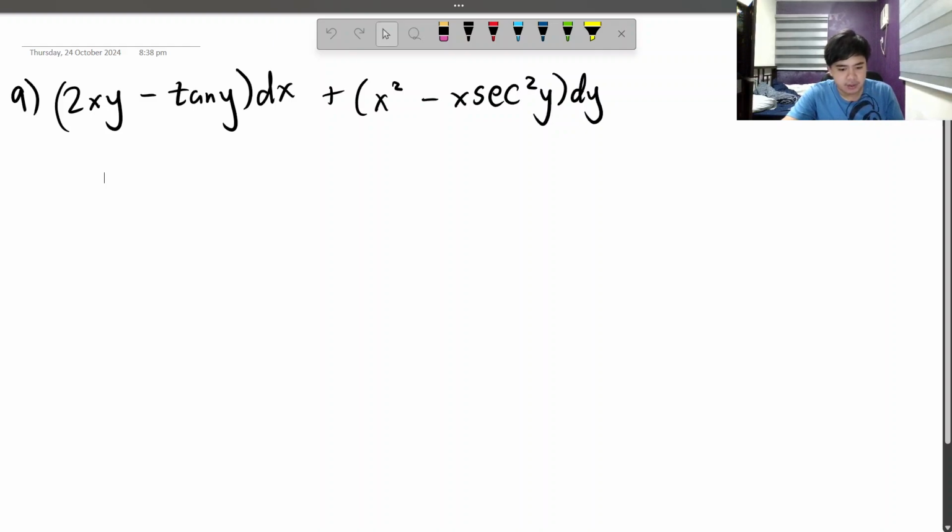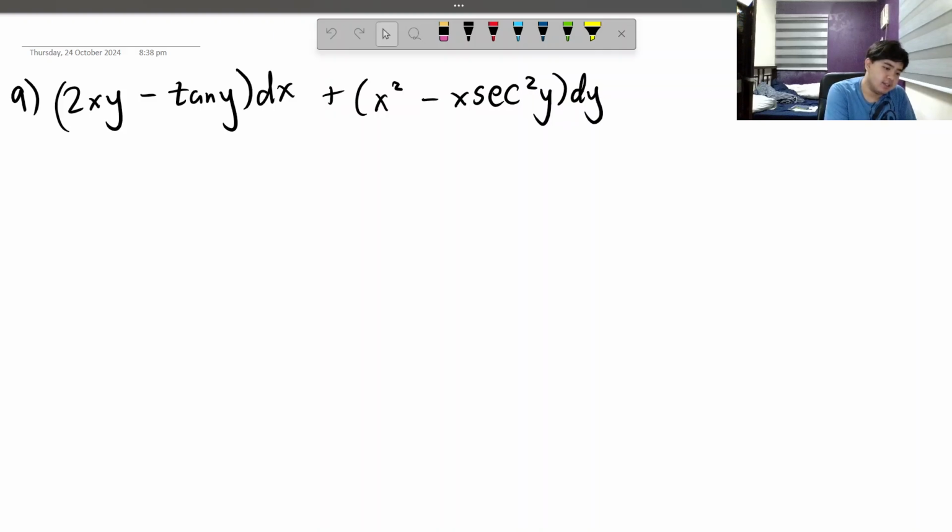All right. Number nine. 2xy minus tangent y dx plus x squared minus x secant squared y dy equals 0. Is this separable? No, because there's y inside functions and there's y outside the functions. That's a pretty good sign of not being separable. Is it